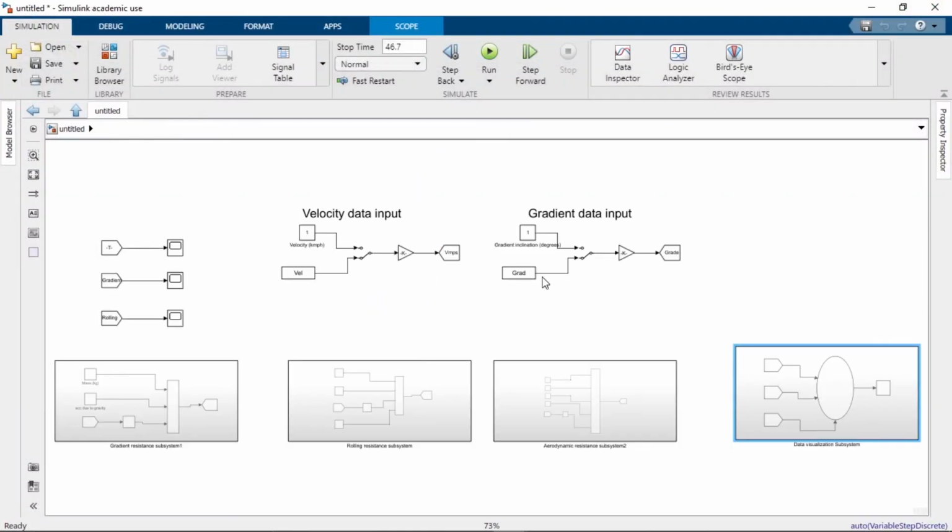So this was it. This was a quick look at the vehicle resistive forces and how you simulate them using Simulink. I hope you find this video useful,